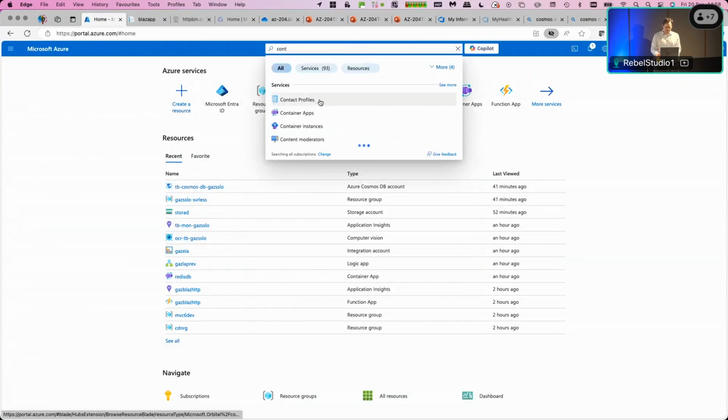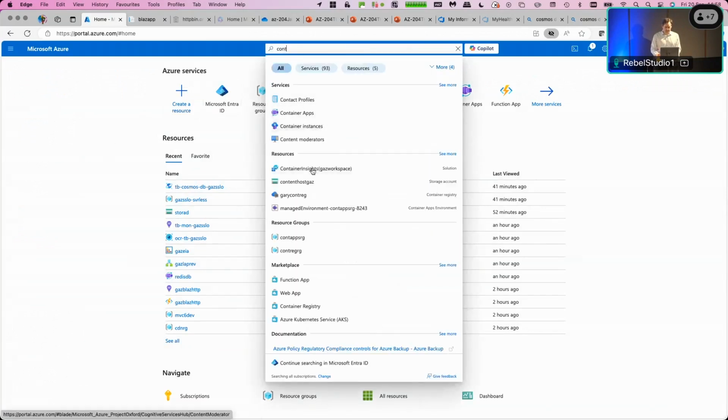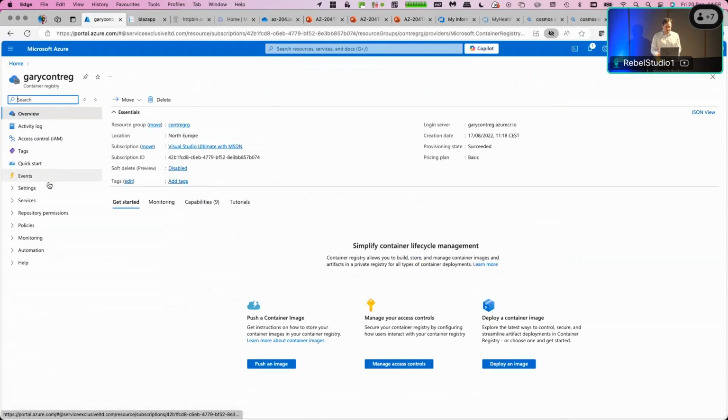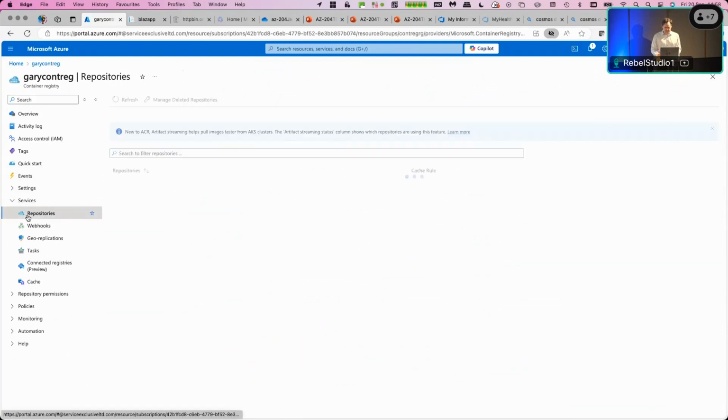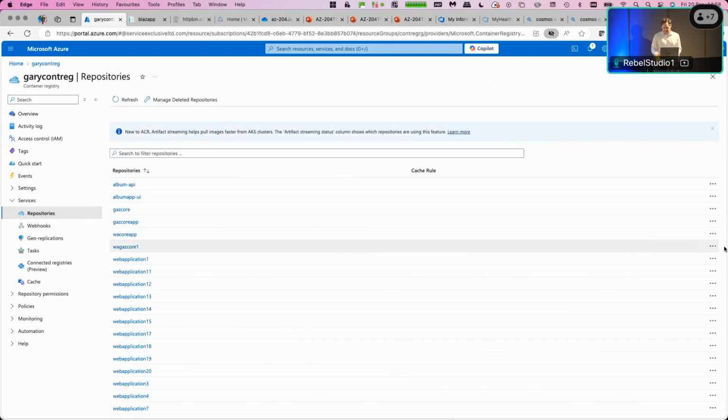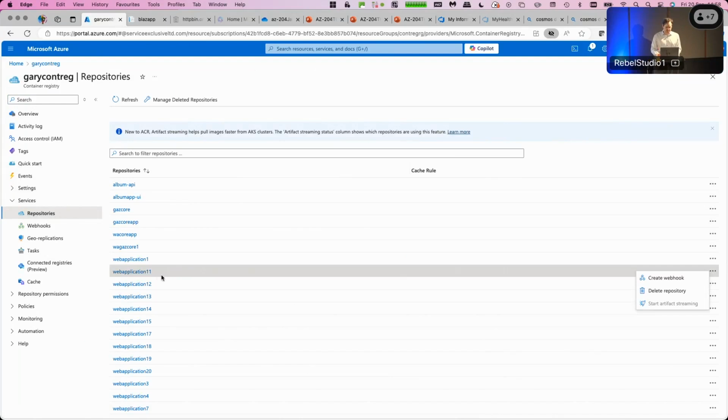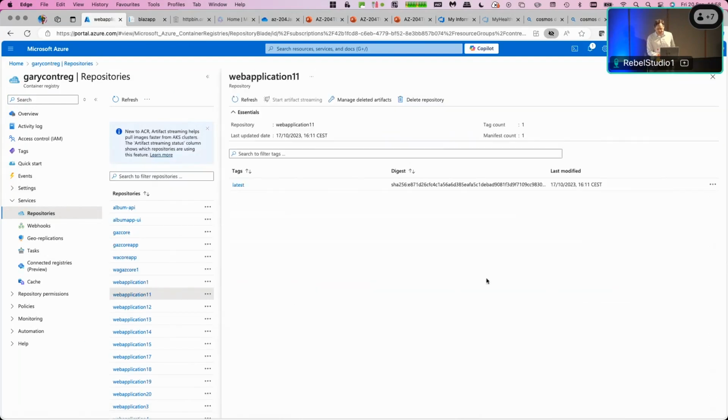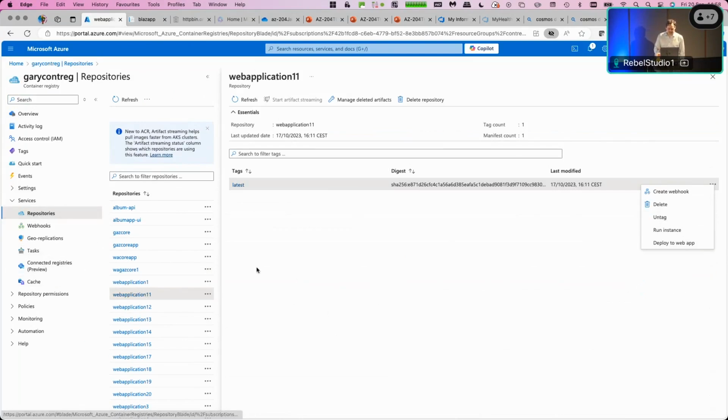So, all right, maybe not. So container registry. So we're putting content inside here under repositories. You know, we can deploy stuff. So we can actually use our images and push them to container instances or deploy them to web apps. So container registries can be quite useful. You can do tasks inside here as well. So we can use this for our private container registry,